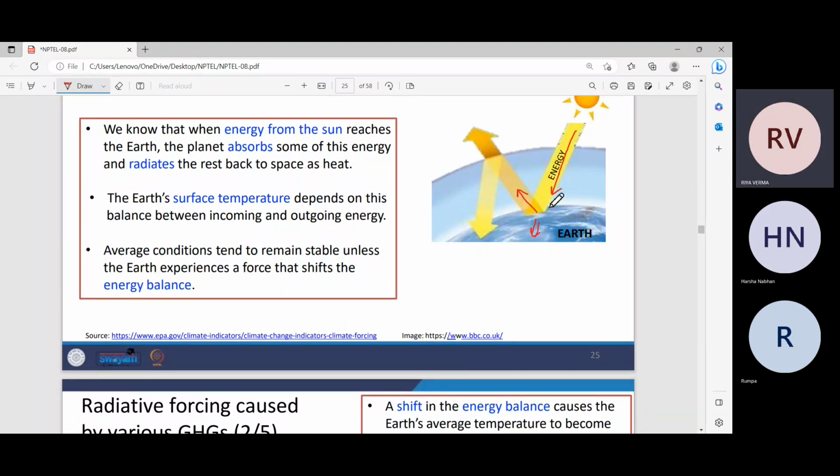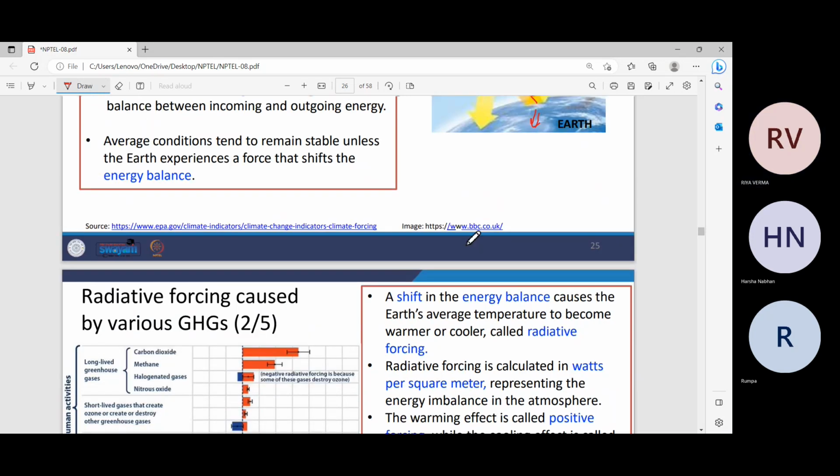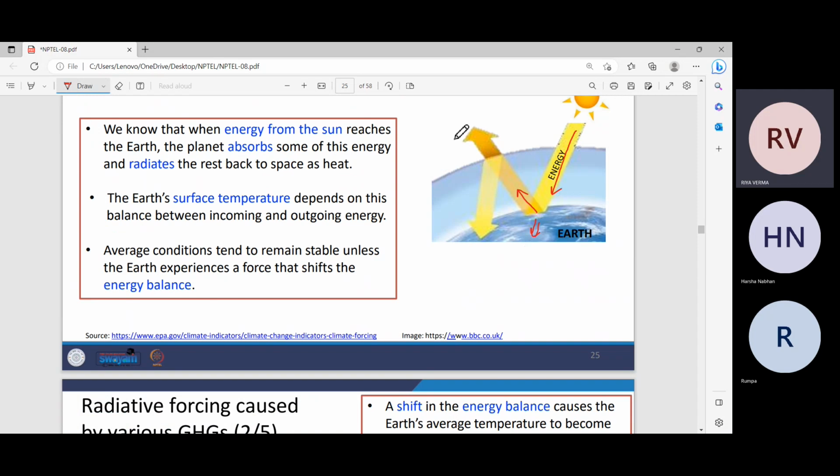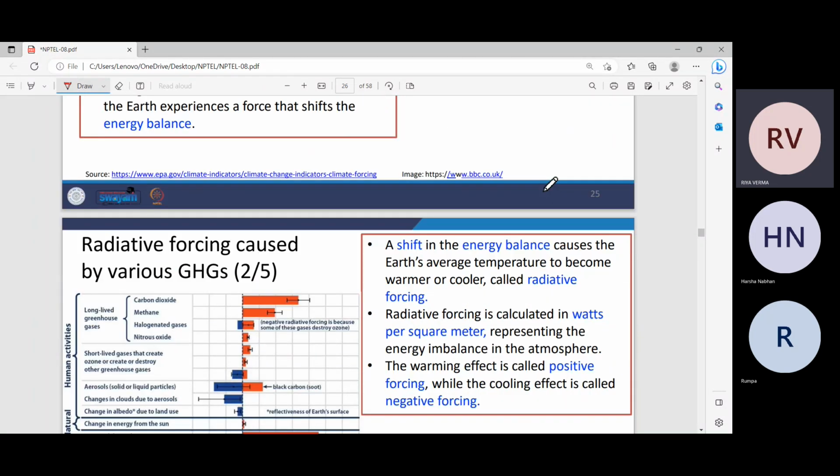See, we are receiving energy from the sun, but some amount of it gets trapped or absorbed by the surface of the earth due to different factors. For example, the buildings and the pavement tend to absorb some amount of energy. Other factors like the albedo of the earth affect the amount of energy that is getting trapped. So when incoming and outgoing energy get imbalanced due to all these factors, then